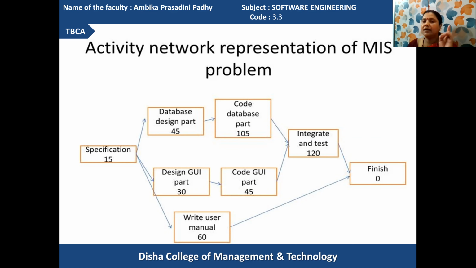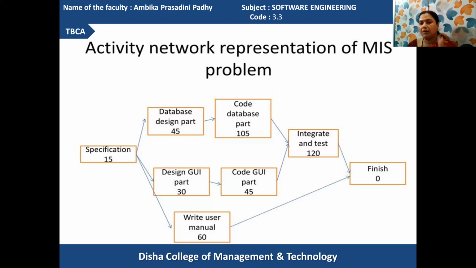The database designing part leads to the code database part, and the GUI design leads to the code GUI part. Then after performing both of the activities, it will lead to the integration of the jobs together and perform the testing. After the integration is over, we can go for the system testing activity.